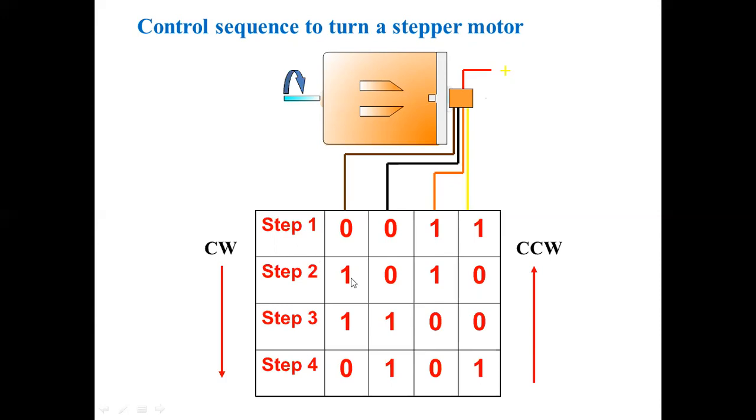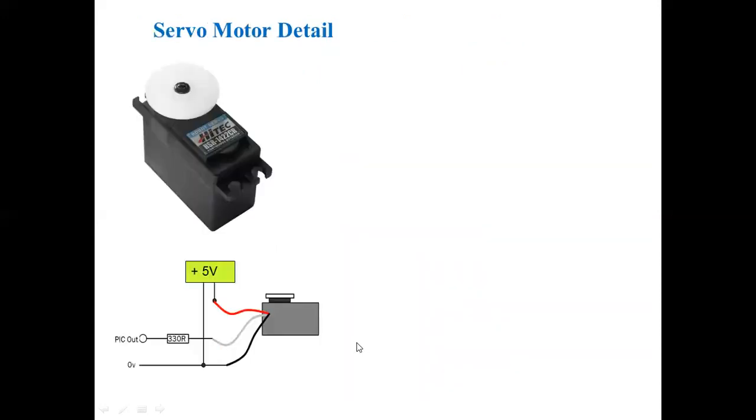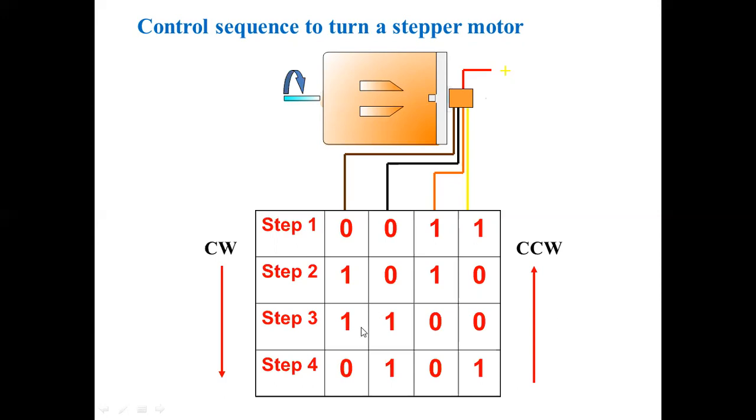Next, step 2 should change to another 2 terminals. Next one, another terminals of step 3, these two of the same phase. These two are the same phase and these two are the same phase, like that. It's a 4 phase 8 pole motor. Therefore, step 4 is 0 1 0 1. That is for clockwise. If you go for counterclockwise, coming from step 4 onwards, 0 1 0 1, 1 1 0 0, 1 0 1 0, again 0 0 1 1, like this, from downward to upward. That is for counterclockwise rotation.